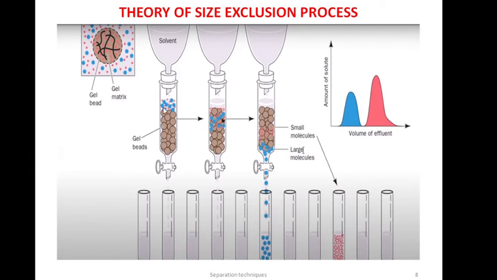So when you load the sample here and you run it with the solvent, there will be separation initially. See here, there will be separation. Slowly it goes on separating. So until the largest molecule reaches first outside, there will be only solvent coming out. See here, there will be only solvent, pure solvent coming out. Okay, so when there is only solvent coming out, you will not have any signal. There won't be signal because there are no compounds in it.